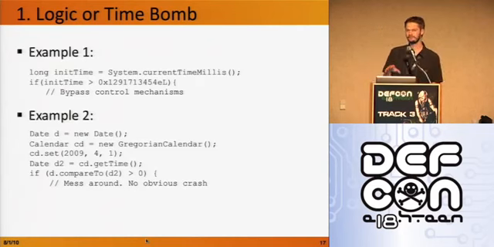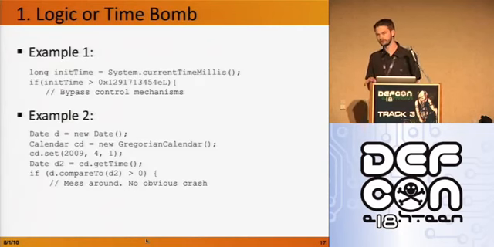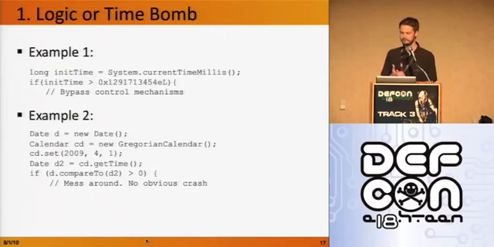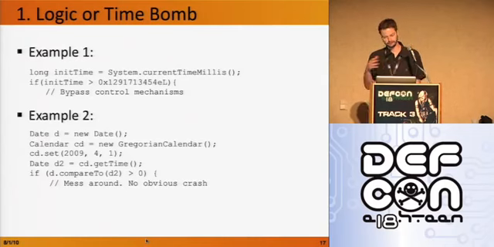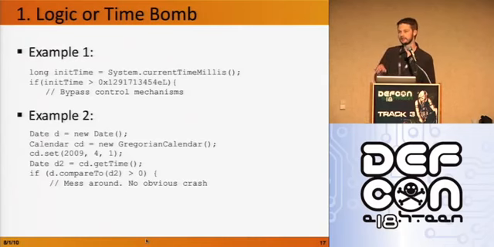What we actually found in code was not that it was really destructive. What we found in code was that people used it for various reasons. For instance, in the first case, what we figured out with this logic bomb was that they tried to bypass control mechanisms. I'm not going into detail of what they exactly did, but there were checks installed, and after a particular date, these checks were no longer valid. So you could easily bypass these checks.